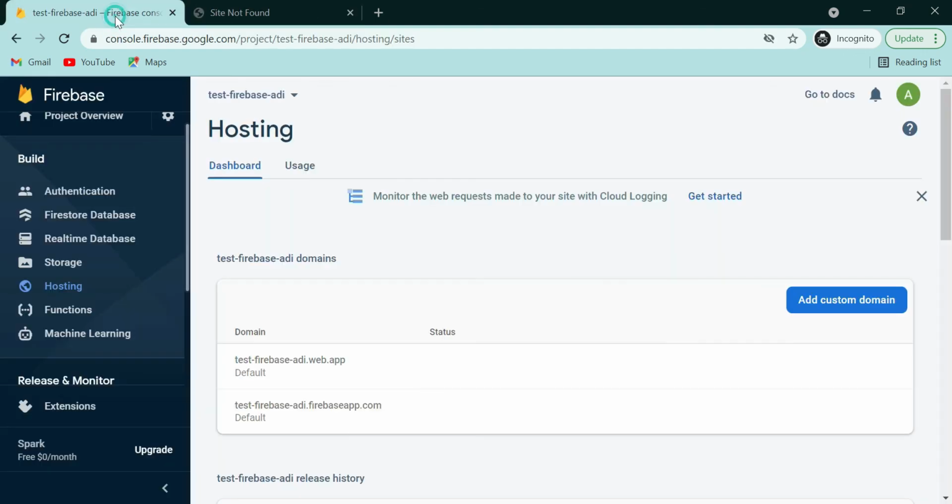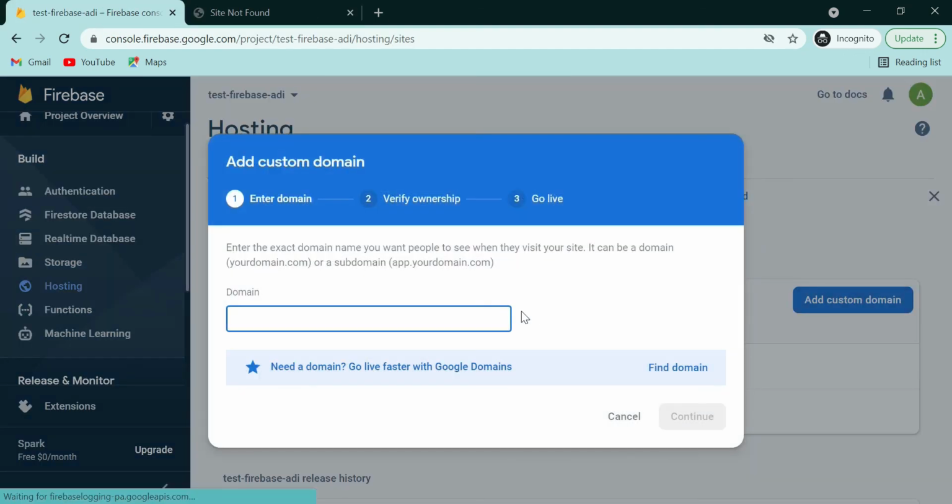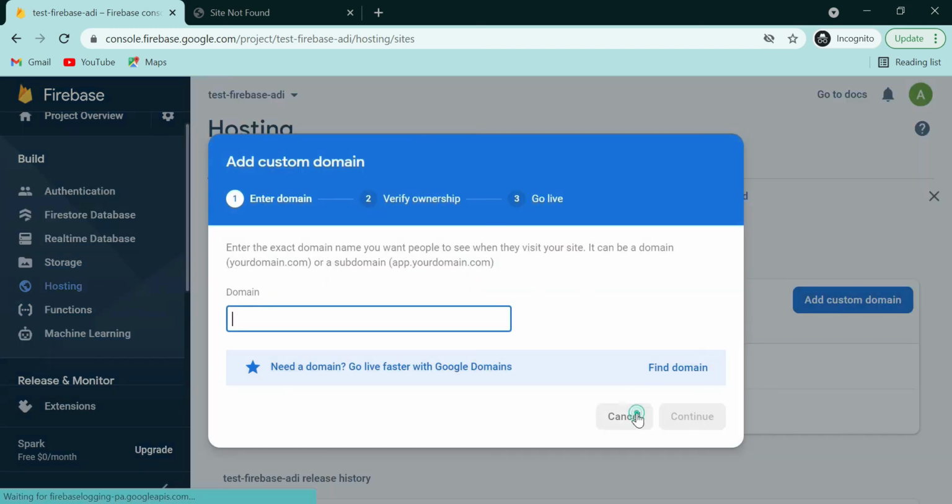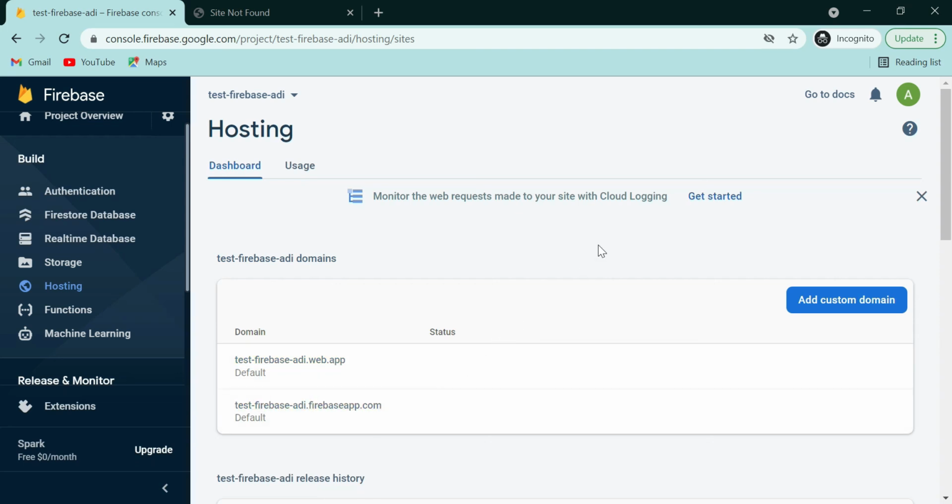You can also add a custom domain. As I told, like google.com, you can register your own domain name, and you can link that domain to this particular domain here. So you can basically redirect that custom domain onto this one. That also we are going to see in our next lectures. For now what we have done is we have just created our hosting account, and in our next lecture we will see how to deploy a site, how to write a simple HTML code and deploy it onto our server.